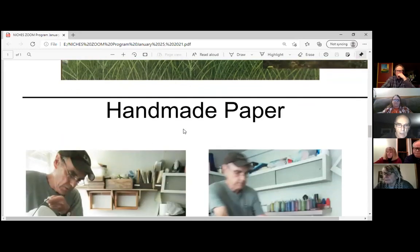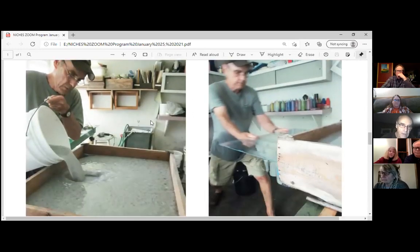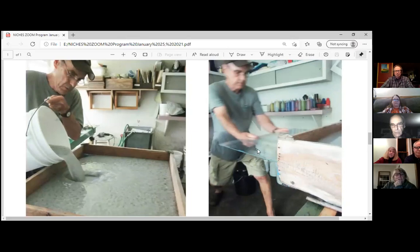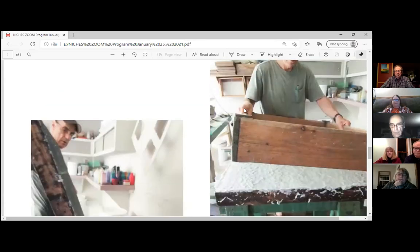So here I am. Like I said, handmade paper is a very liquid process. In this photograph, you can see I'm pouring a mixture of cotton pulp and water into what I call a decal box. And there's a ridge cut out of the inside of this box, and in the box is a sheet of plexiglass, which I slide in and out. Anyway, after I pour all the pulp in, and I pull the sheet of plexiglass out very quickly, the pulp then falls upon this